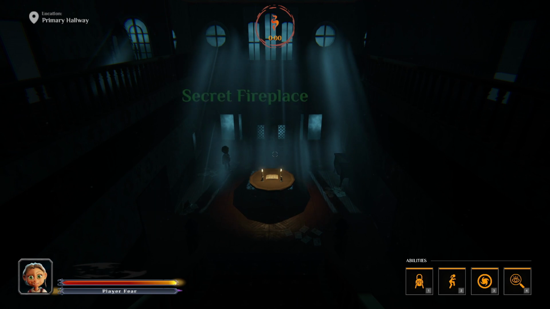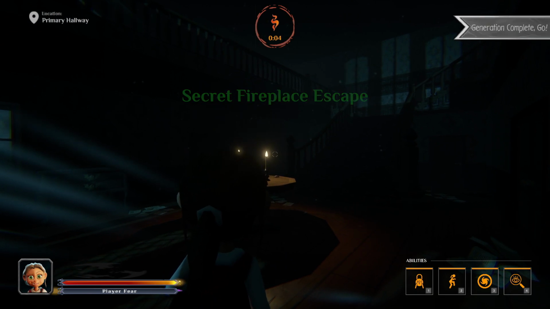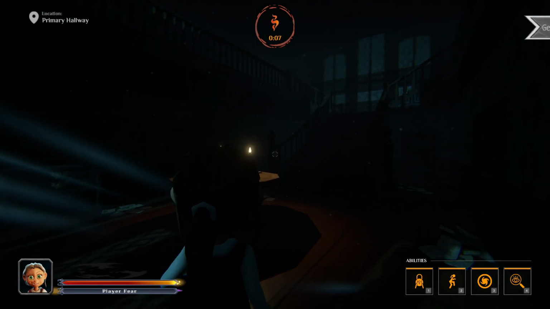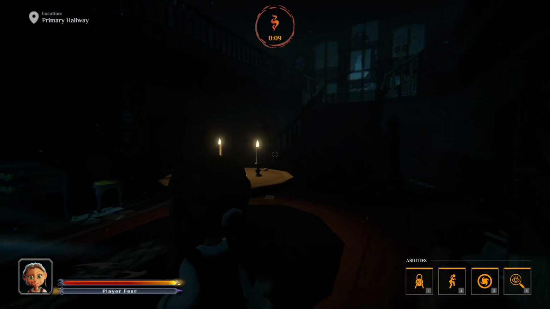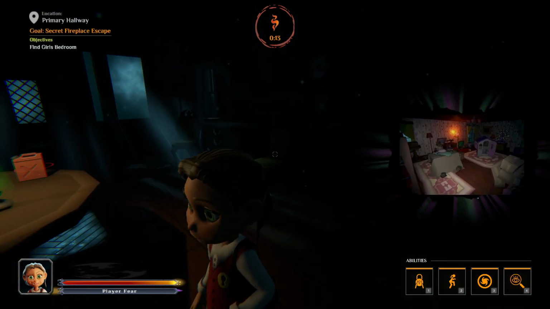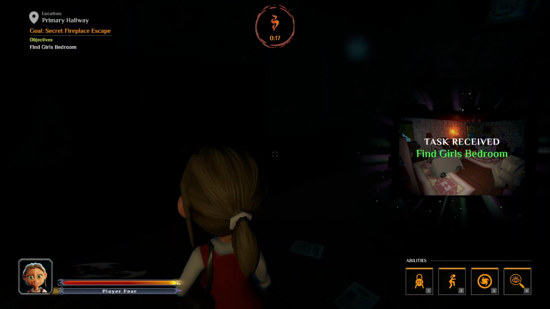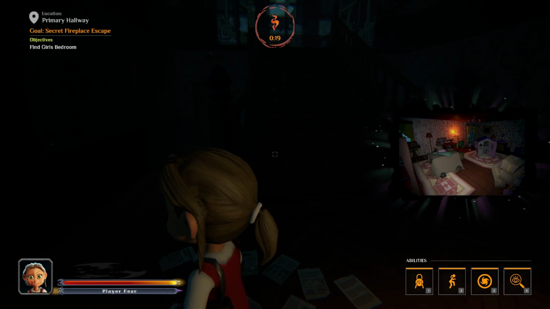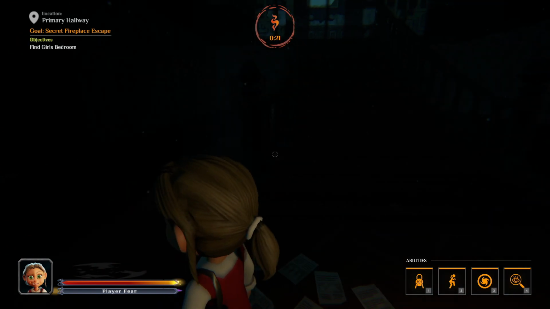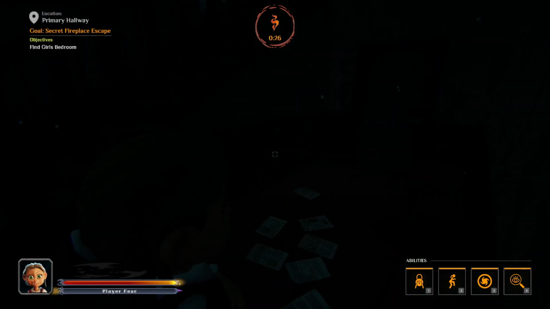Here I'm just playing the lock picker. It's pretty basic. It's just the first character that I grabbed. I'll be moving around here shortly, kind of showing you guys shift for sprint. Notice that the first part of the objective popped up there on the right hand side. We have to go find the girl's bedroom. It shows us a picture on the right hand side and tells us the task in the upper left hand